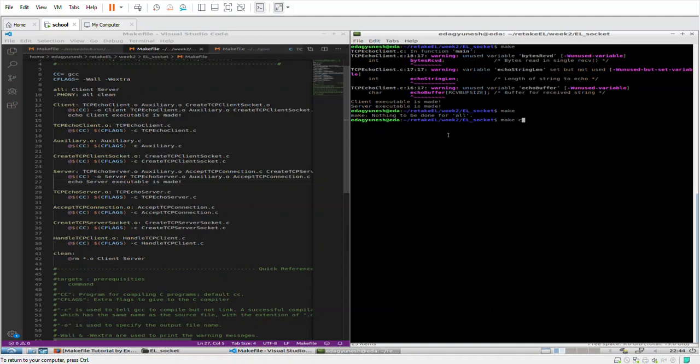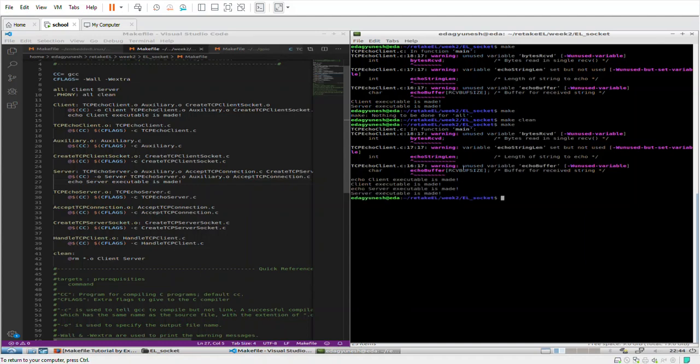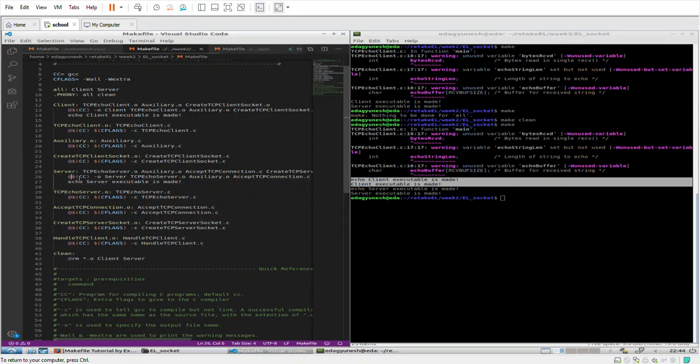Let me remove them first. Currently it doesn't print anything because I have the @ sign at the beginning. Because I removed the @ sign here, you see first the command and then after it you see the message that is printed. Because I don't want this to happen, I just put the @ sign at the beginning, like this. And if I want to see the commands,